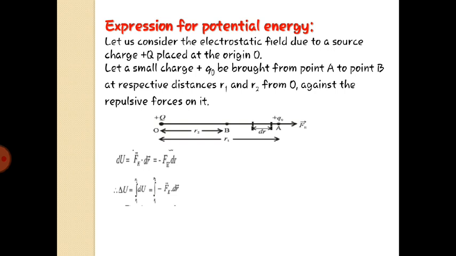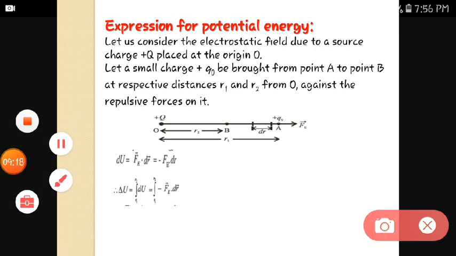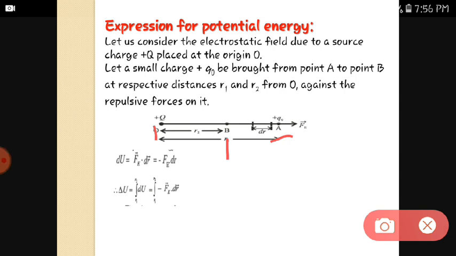Alright, so in this case also we are going to take the charge from A to point B over here. Origin point is O, where plus Q is located. This is potential. Now we are going to move the charge Q0 from A to point B. While moving from A to B, it can't come directly. It will travel some distance, step by step, towards B. So we have written here dr. It will first cover some distance dr, then it covers some more distance, and then it will come towards point B.